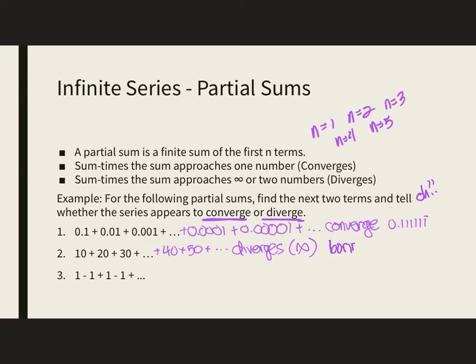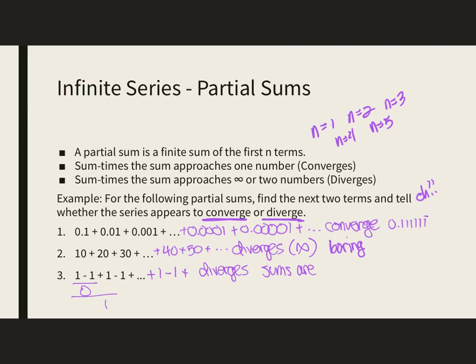All right, number three, we have 1 minus 1 plus 1 minus 1 plus 1 minus 1, and this goes on forever. It's like yes, no, yes, no, yes, no. And this is an idea that represents divergence as well. And that's because the sum is approaching two numbers. Think about this. The partial sum of the first two is 0. Then the first 3 is 1. And then the first 4 is 0 again. So the sums